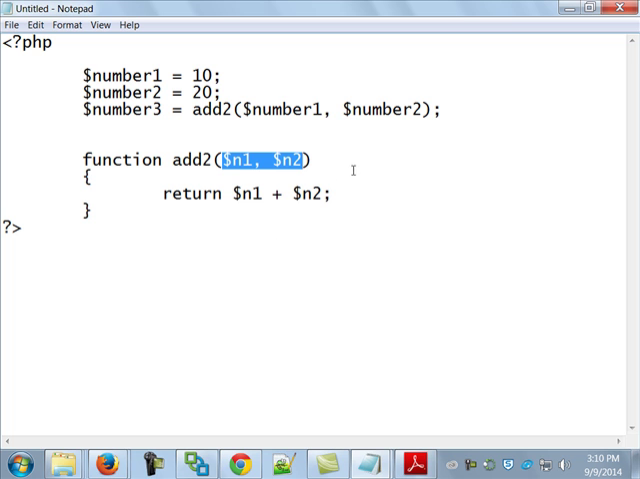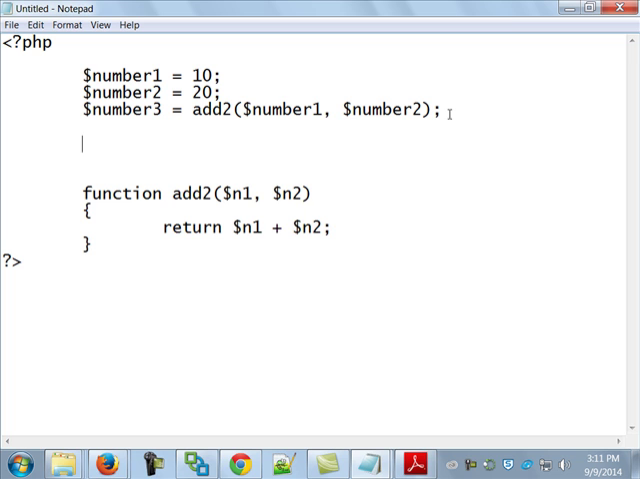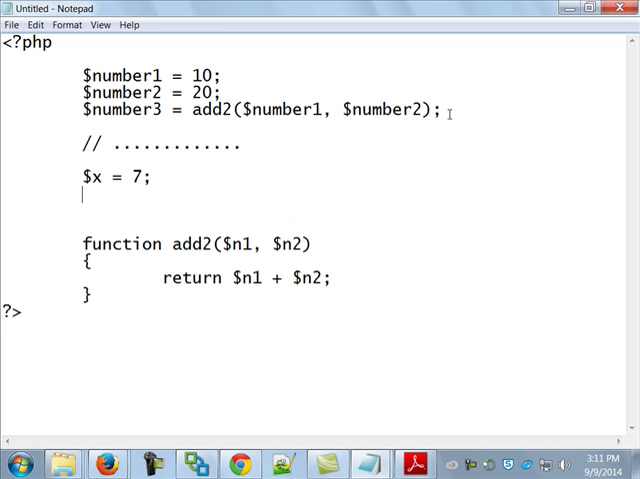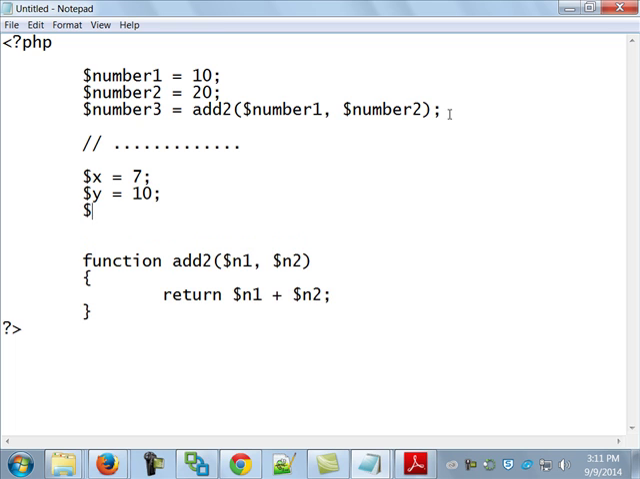All right. So again, I could come down here and maybe a little bit later on in my code, maybe I've got some code here. I don't know what it is, but there's some other code. And then maybe I create some other variables. $x equals 7, $y equals 10, $z equals add 2, $x,